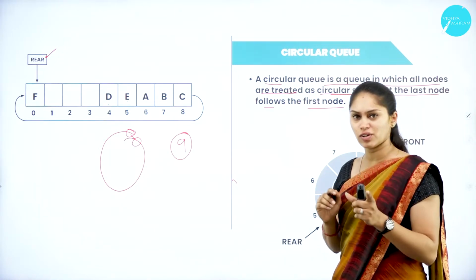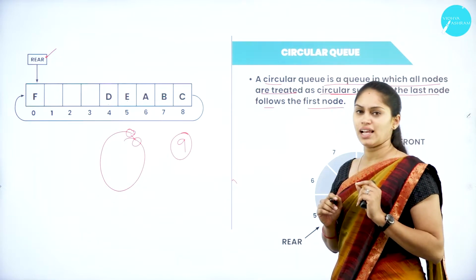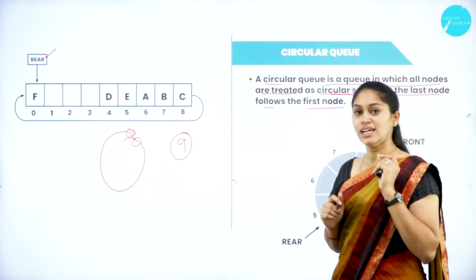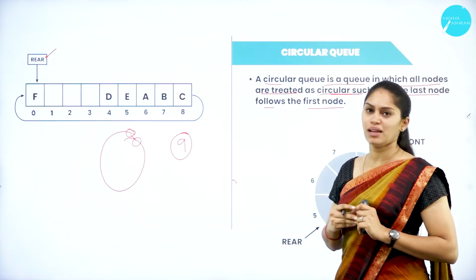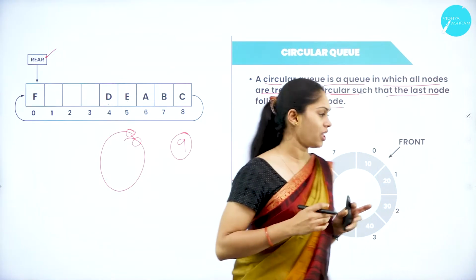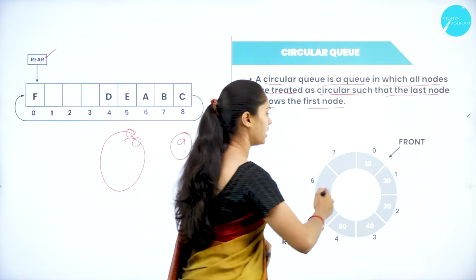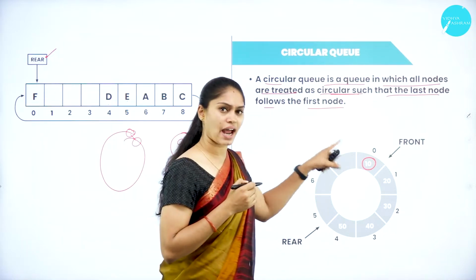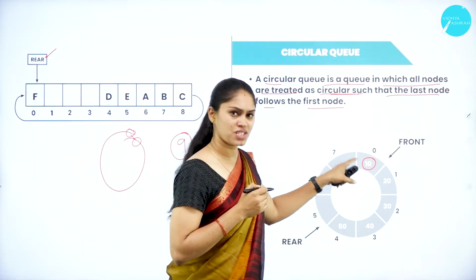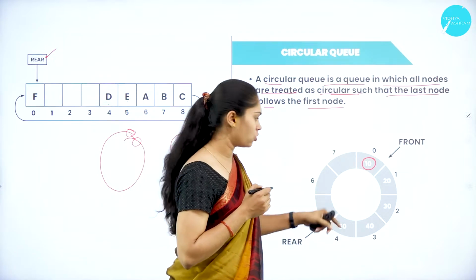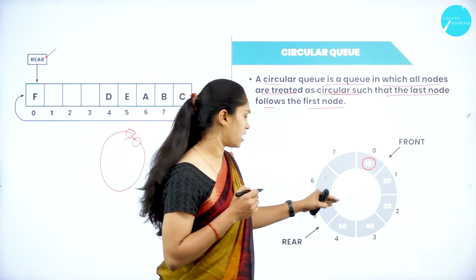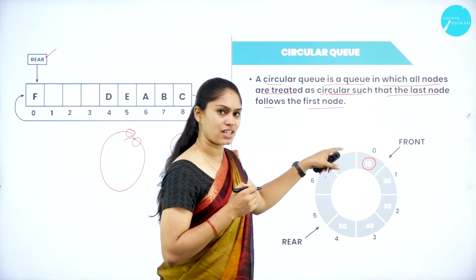Rear end will indicate the insertion of an element into the queue, and front end will indicate the deleting or removing of an element from that queue. Okay, so here you can see that this indicates the front end. That means what? Which is least recently added. That is the first element which has been added to the circular queue: 10, 20, 30, 40, 50. So we have space for adding another 3 elements. We can add another 3 elements.